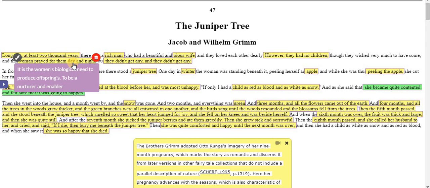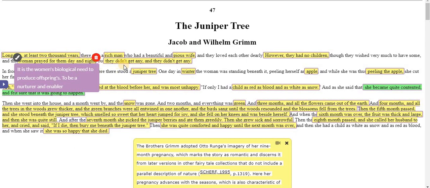She has a biological need to produce offspring. And a woman at a certain age of her life develops maternal instincts. These concepts were all there in society right from the beginning of civilization. So that is again reiterated in this particular